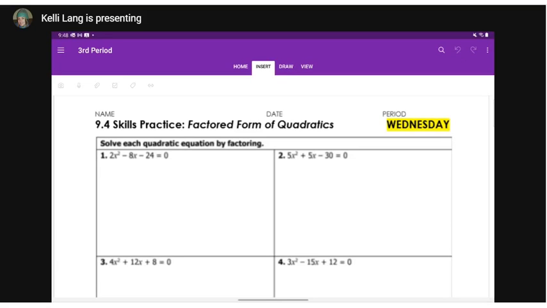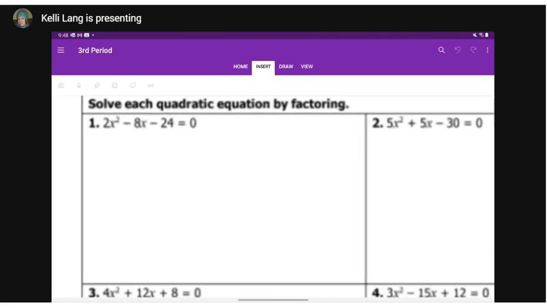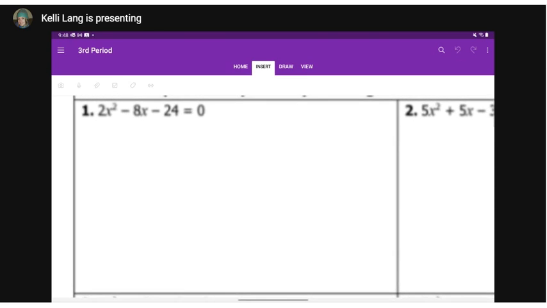Yesterday, we started practicing factoring with expressions that start with a number. So take a look at number 1. This starts with a 2x squared. We learned a couple of different techniques we can use to cope with the fact that there's a number in the front of this. One of our techniques, bless you, Marcus, lets us simplify this and